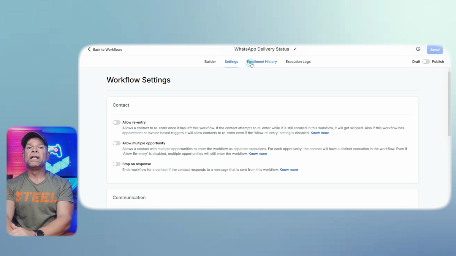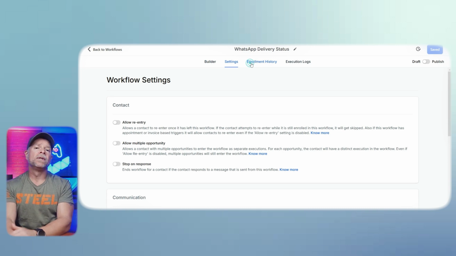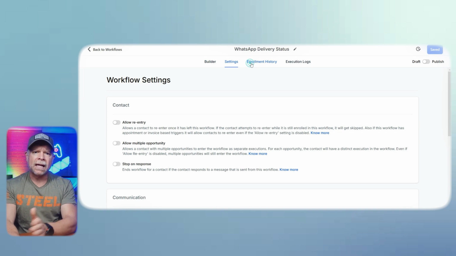If this option is disabled, contacts who have already completed the workflow will be skipped if they meet the trigger conditions again. Another option is allow multiple opportunities, which means that the same contact can have multiple instances of the workflow running at different times. Now, this is helpful if a customer engages with your business in multiple ways and you want each interaction to